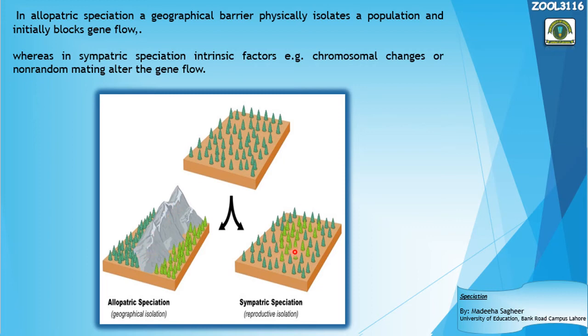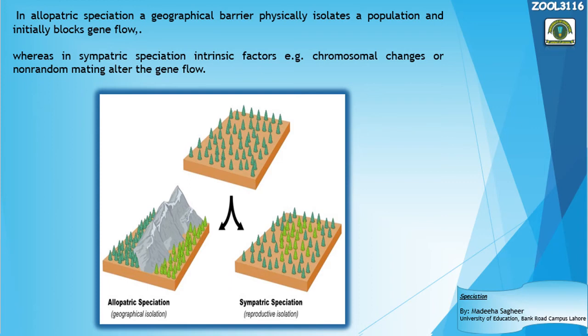Now here the reproductive isolation is because of the difference in their adaptations to the environment, or difference in their host, that some group has chosen someone else as their host. So with the passage of time, they got separated from the rest of the population and became a new species, right? Now we can read it that in allopatric speciation, a geographical barrier physically isolates a population and initially blocks